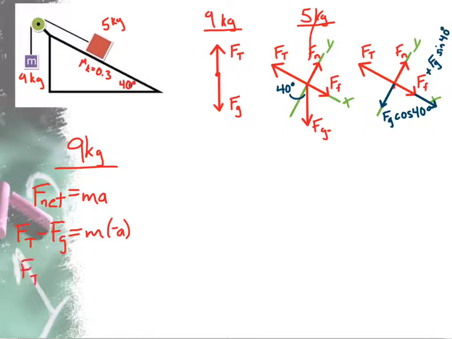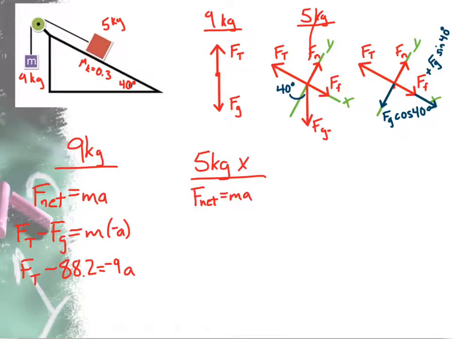And let's go ahead and start filling in some numbers. Turns out that the gravitational force of a 9 kilogram block is 88.2 newtons. And I can also fill in the mass. Alright, and I can't do anything more with that, so let's go on to the 5 kilogram block in its